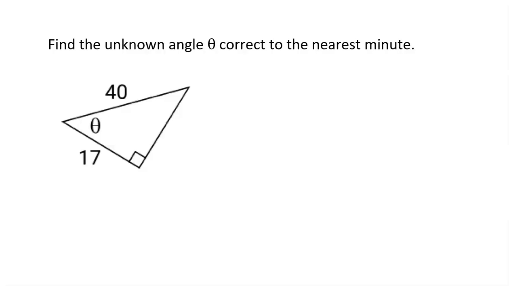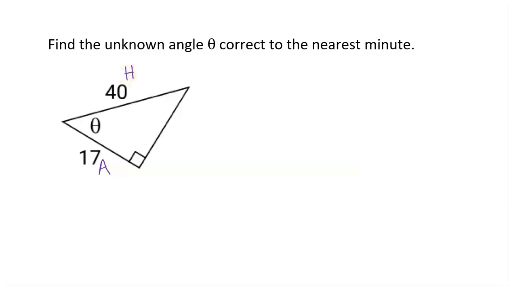This is an example of finding the unknown angle in a right-angled triangle using trigonometry. The question asks us to find the unknown angle theta correct to the nearest minute. We start by labeling our sides. If this is our angle theta, this side is the adjacent side, and the longest side opposite our right angle